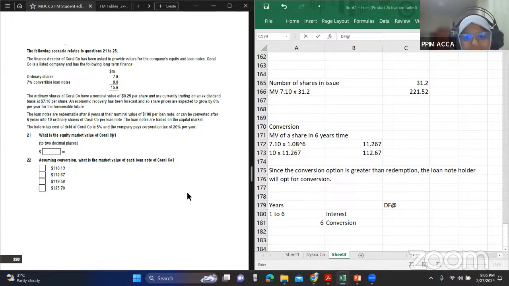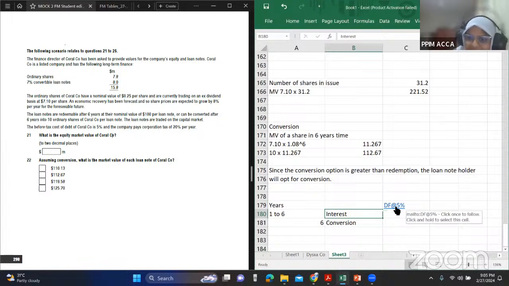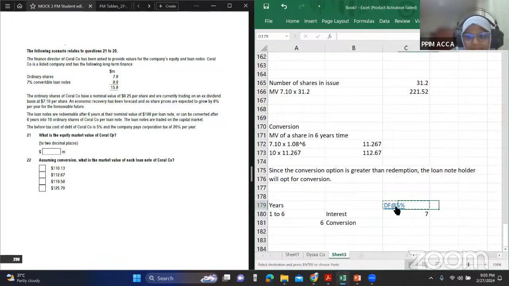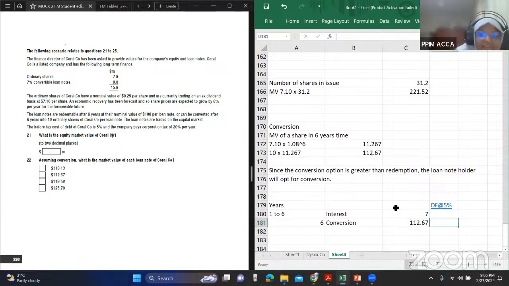Okay, the reason I'm telling you is that when it comes to this redeemable debt, it is all an estimate. Sometimes you might use the before tax cost, because in this case, it's easier, right? If you use the after tax cost, then you have to start taking different interest rates. So to make things easier, they have just used the before tax cost and taken 7 as the interest rate. And over here, the conversion rate is 112.67. But anyway, even if you take 5 times 1 minus t, it's not wrong. And if you take 7 times 1 minus 20, again, it's not wrong.